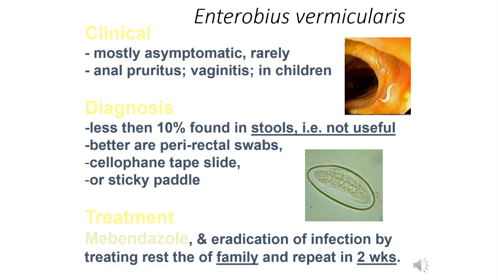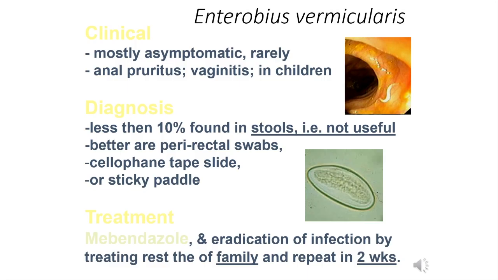Diagnosis. Less than 10% of those eggs are found in the stools. That is, the stool examination is not useful or may not be useful. A better test would be to look for the eggs in the perirectal area. Why is this so? Because usually the adult worms go out from the colon to the perianal area, and there they deposit the eggs and they disintegrate or die. So the eggs are in the perianal area, and this process probably contributes to the irritation and itching of the